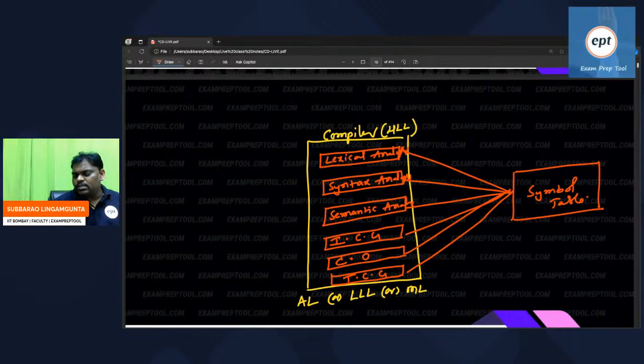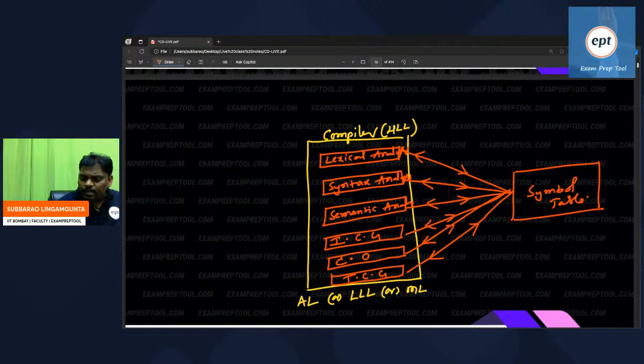This is one data structure, the symbol table. Whenever compilation is going on, you want to store something, you can store in this. You can store in the symbol table, and you can take from the symbol table. It works in both directions. All 6 people can store, can take. Everyone has the right.